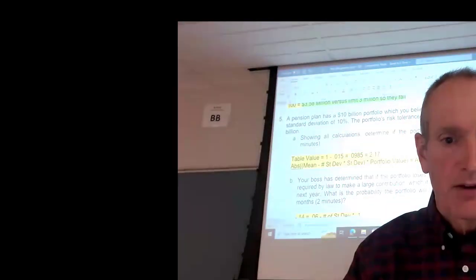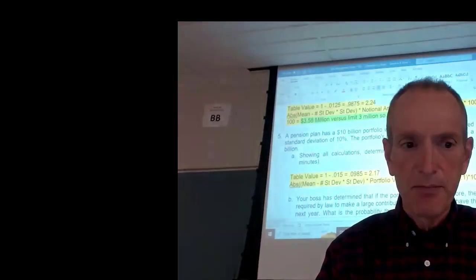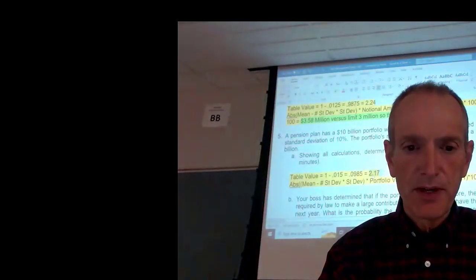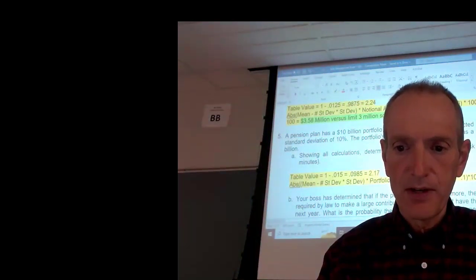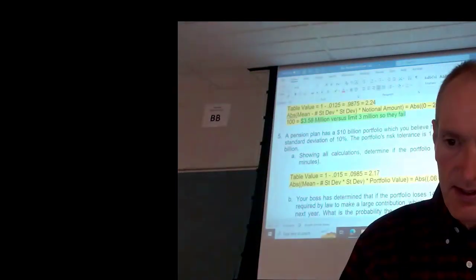All right. Now we have a pension plan. They have a budget of 1.4 billion. Their number of variations is 2.17. That equates to 0.5%. So their 6% return minus 217 times a 10%, and then it's 10 billion. So I even gave you the math there. So what did y'all get there?